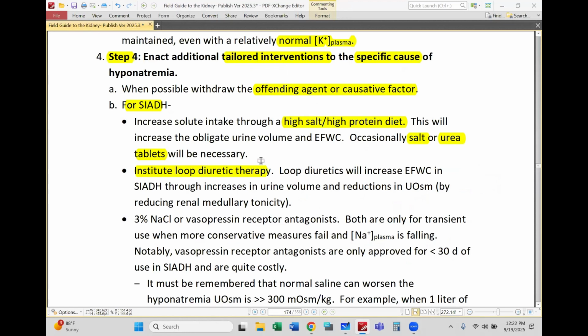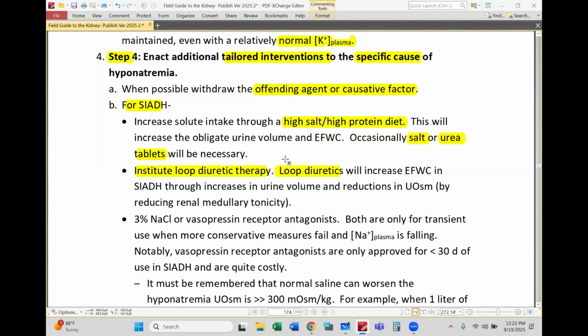We've gone over the fact that loop diuretics are somewhat schizophrenic. They can lower sodiums. They can raise sodiums, right? I think that was one of the problems in the problem set. So that is a tool that you can use. It doesn't always successfully increase free water excretion. It will tend to do that as long as you do not overly volume contract a patient,